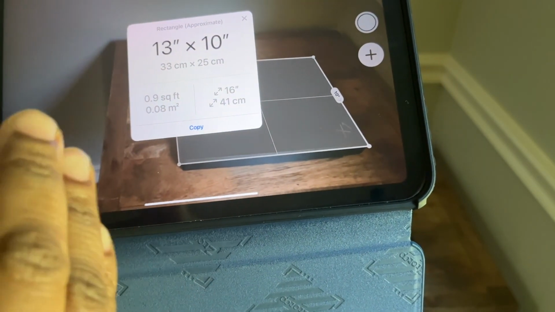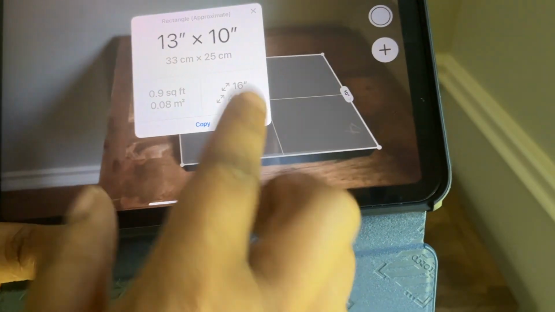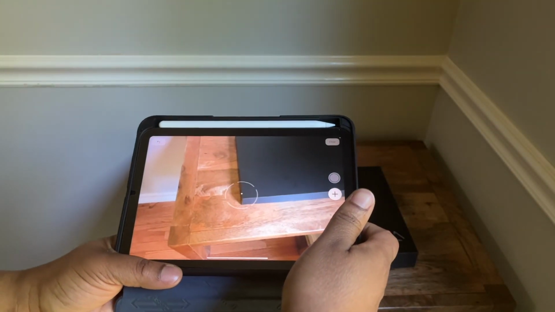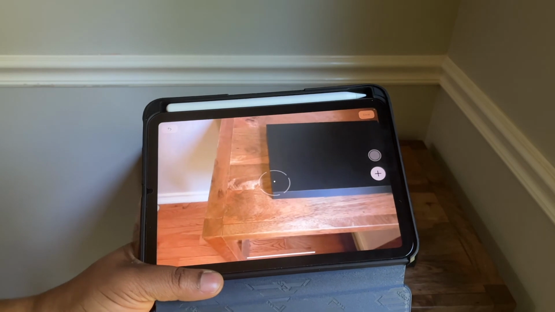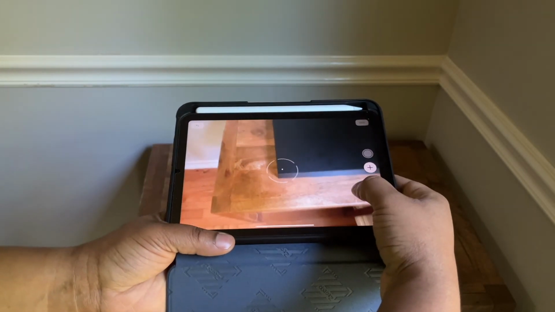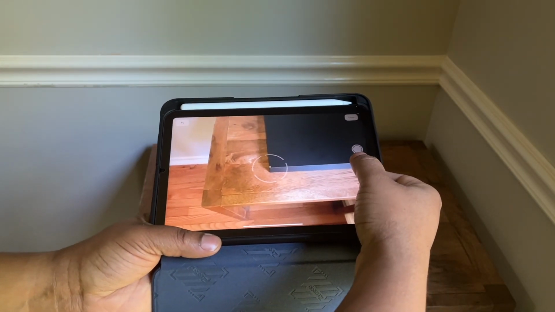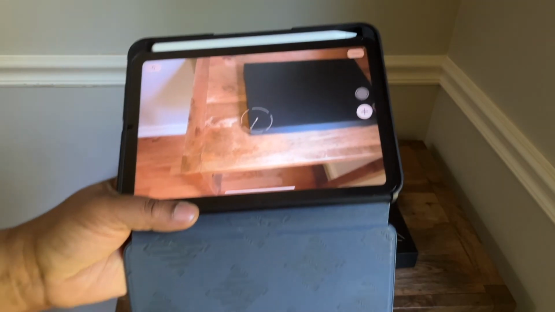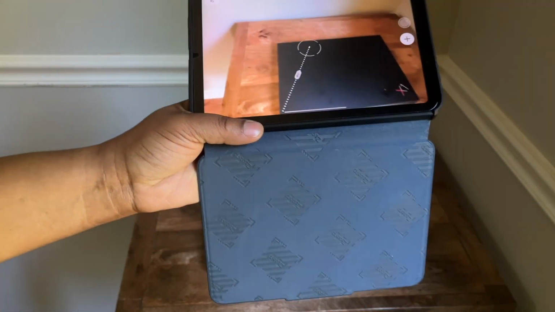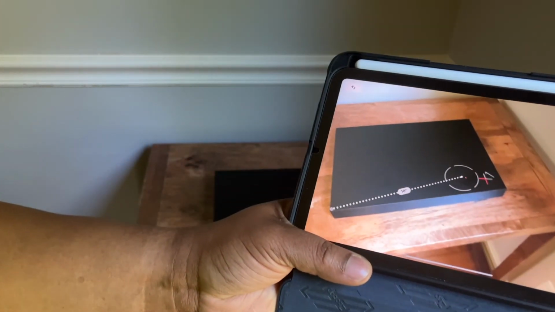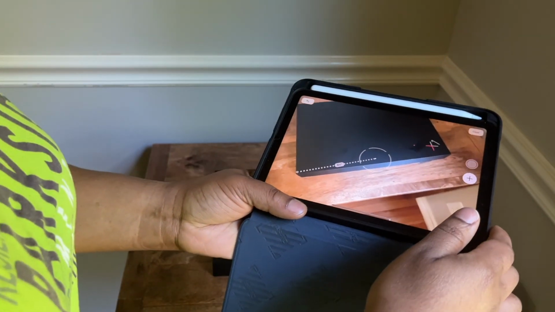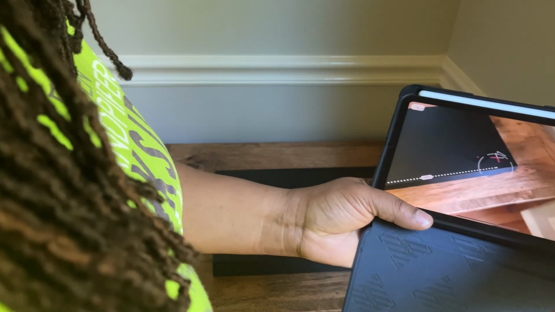If I want to measure this box myself, as in the length and width, without using this automated calculation that the app does, I can clear all that and start measuring by lining up my dot with the edge of the box that I want to start measuring from. So I'll line up the dot with the edge I want to start from and click on the plus sign. When I click on the plus sign, you'll notice that there is a dotted line that moves as I move the iPad. What I'll do with that line is take it all the way down to the other edge of the box